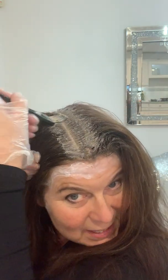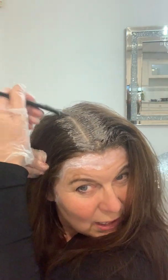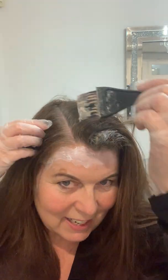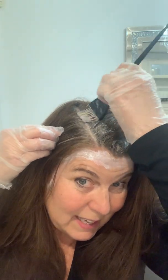And you can see I'm only dabbing, quite a lot of pressure though, but I'm actually just dabbing the brush on my scalp with quite a bit of force though. It's not very delicate. I'm actually pushing the colour into the hair,